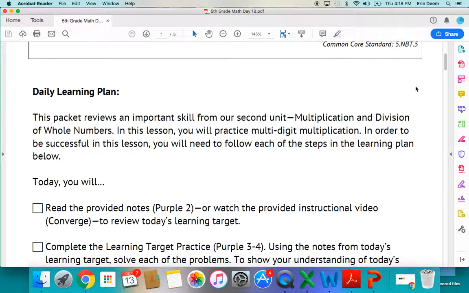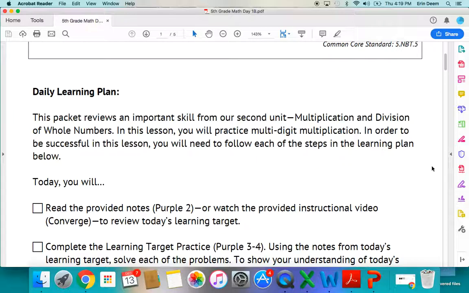Daily Learning Plan. This packet reviews an important skill from our second unit, multiplication and division of whole numbers. In this lesson, you will practice multi-digit multiplication. In order to be successful in this lesson, you will need to follow each of the steps in the learning plan below. Today you will read the provided notes, Purple 2, or watch the provided instructional video, Converge, to review